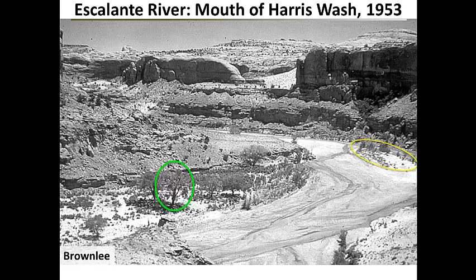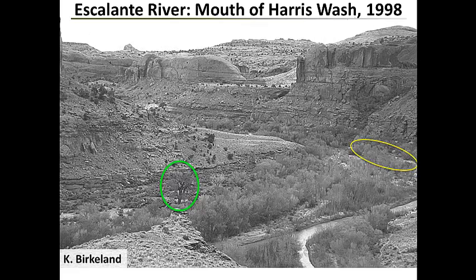The narrowing process will involve progressive lateral and vertical accretion and encroachment of vegetation onto the channel, as you can see in the same view in 1998. Narrowing has been exceedingly aggressive here. You can see the cottonwood. There are fewer on the pre-incision terrace now in 98. And you can see the older group of cottonwoods on the mid-channel bar. They're progressively younger stands of cottonwoods toward the center of one of the former channel braids,